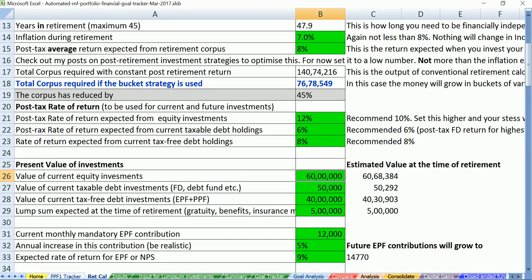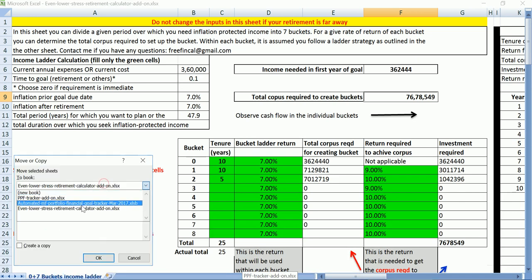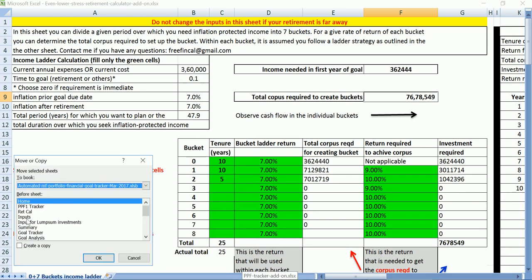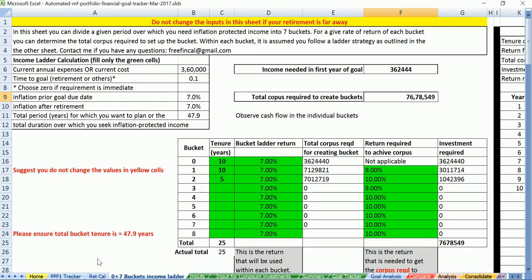So go back to the lower stress and take this guy and go back to the automated one and just put it there, shift it, and it's done. So that's it. Now I put everything inside. So I have to go to the